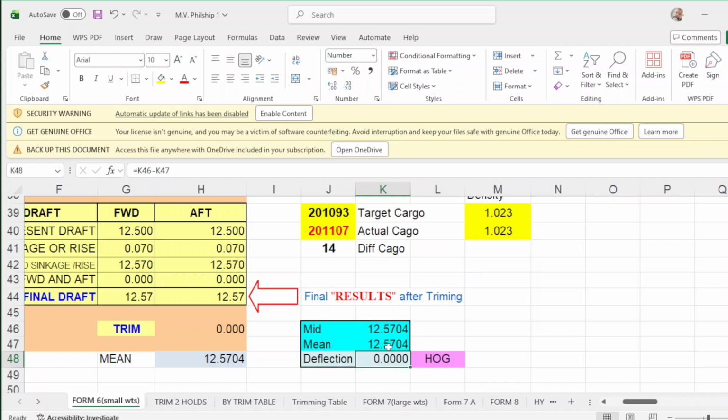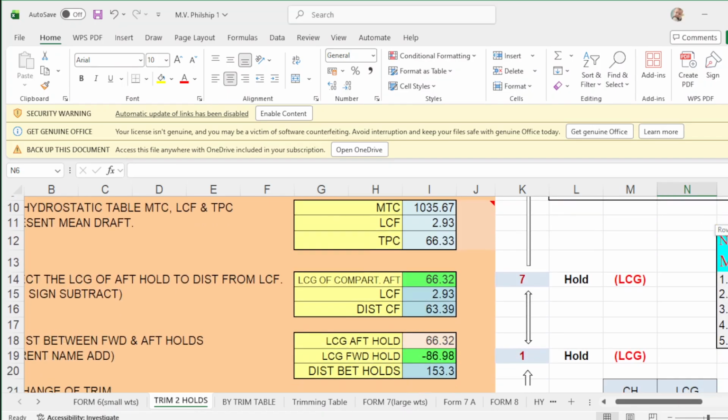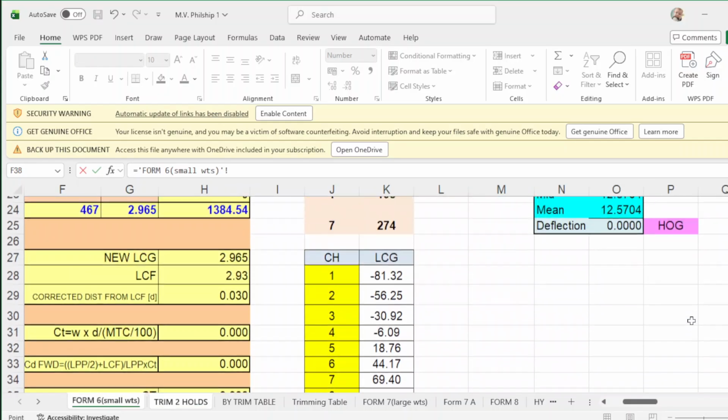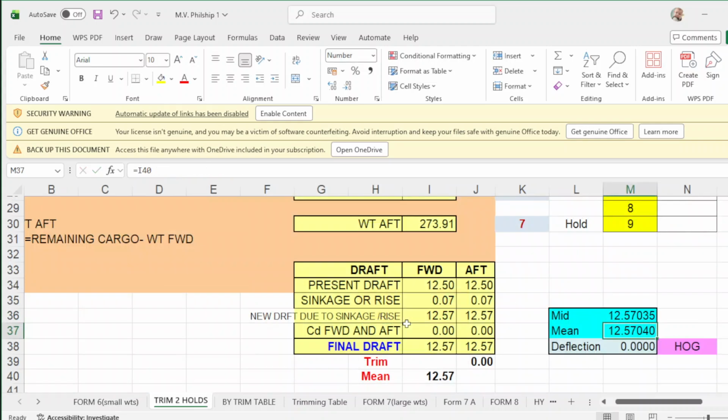Almost the same. So with your trim holds 2, go down, your mid drop, you put equals, you go to your form number 6, you go up and press your mid drop, enter, and your main drop equals, and this is your main drop. So your deflection is 0, the same.